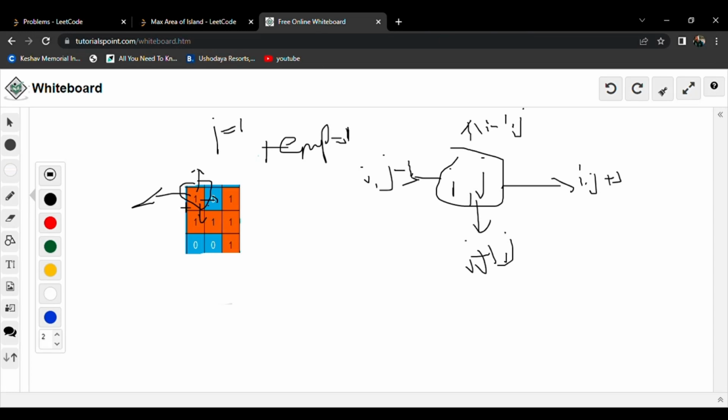So we need to come down, and for this we need to call the recursive function again, and we'll update the value of temp to 2, and we'll update the value at i comma j, where we are standing first, to minus 1. The i comma jth position of the grid will be updated to minus 1 so that we will not count this again and again. So when we are at i plus 1 comma j, that is this position,